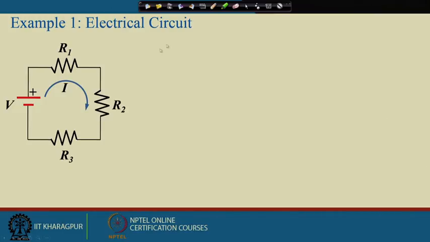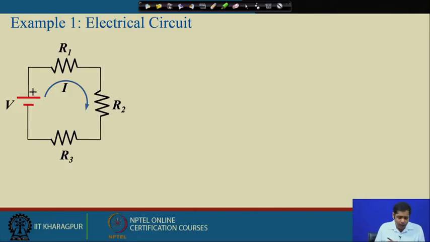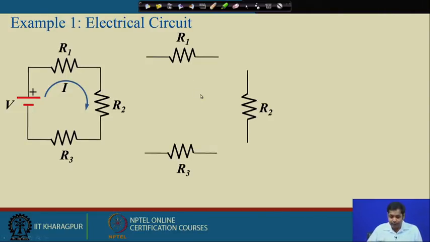Suppose this is an electrical circuit, right. These are three resistors, R1, R2 and R3, and if the current is I, then we have to find out what is the output voltage V. If you recall how you solve this example, we have three resistors R1, R2, R3. Then we can write here that